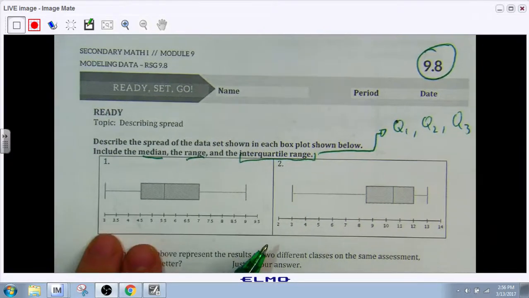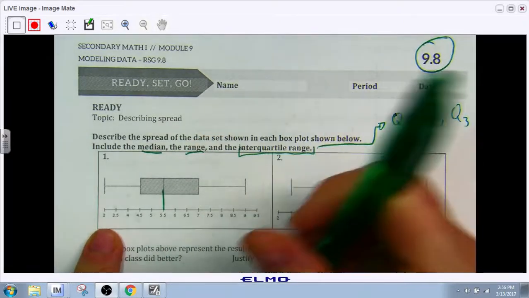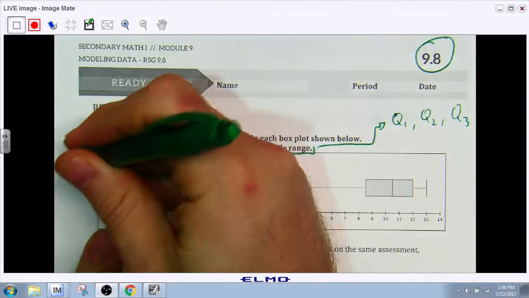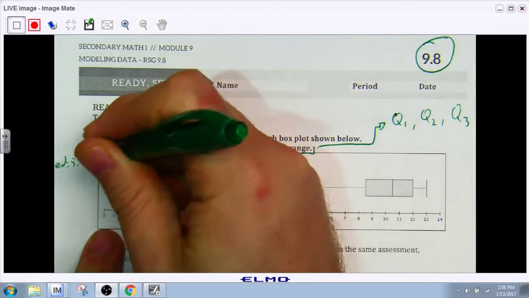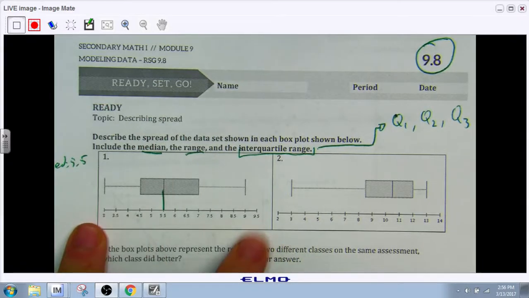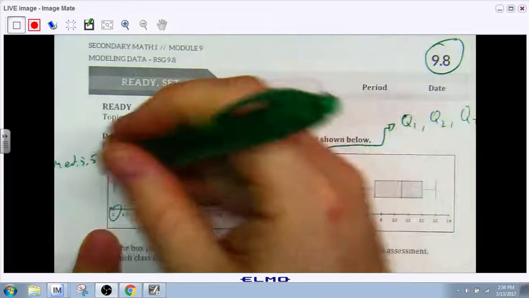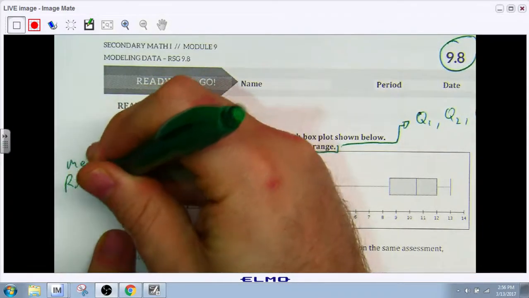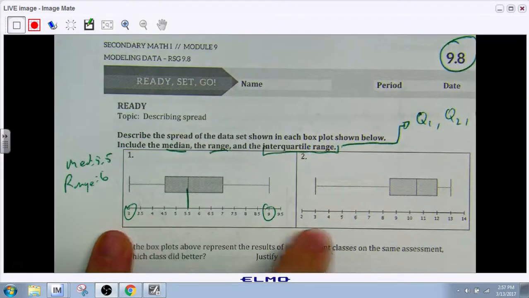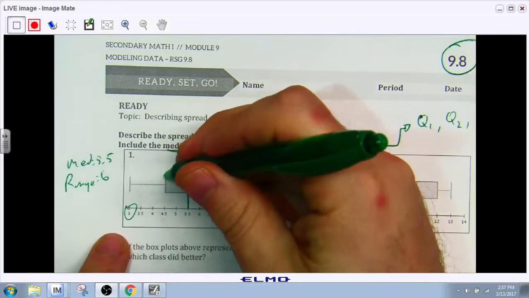When we look at this, we can tell immediately that our median is that number in the middle. So we know that the median is going to be 5.5. We know that the range is how far it is from our lowest number to our highest number. Our lowest number is 3 and our highest number is 9. So we know that the range is going to be 6 because it takes 6 steps to go from 3 to 9. And then the interquartile range, well, we see that